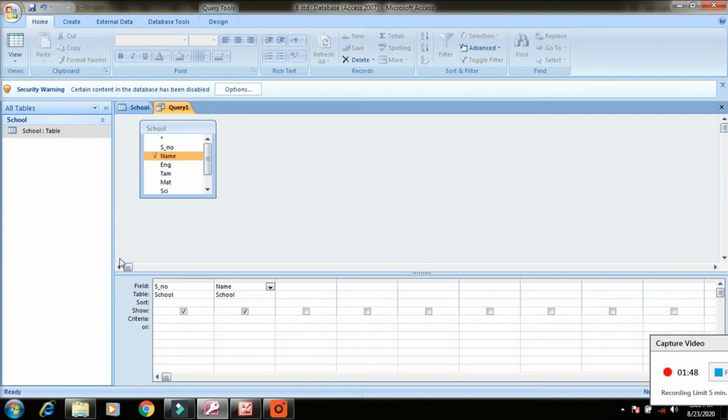Third one, sort: what type of sorting. First we need to assign all the field names, then the third, fourth, fifth, sixth, seventh, and finally the eighth one. All the field names came, and the field names were fetched and the table name also came.